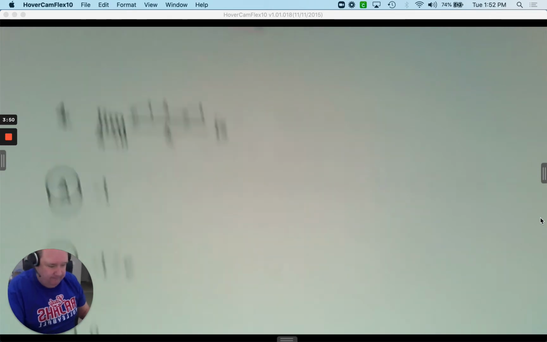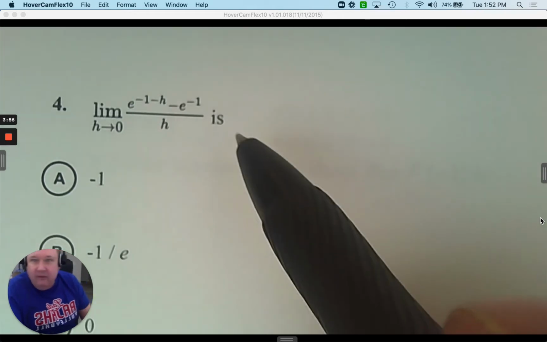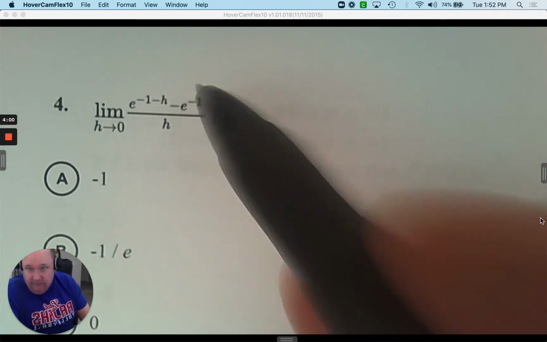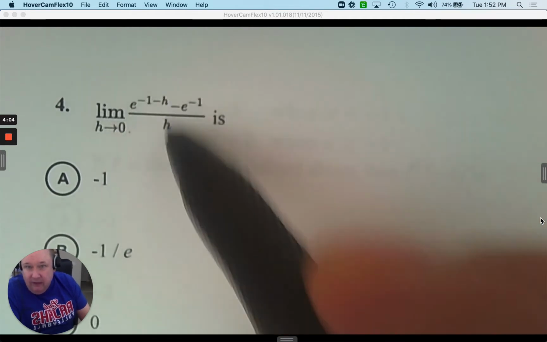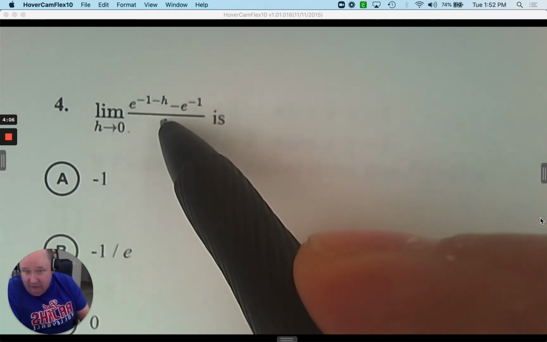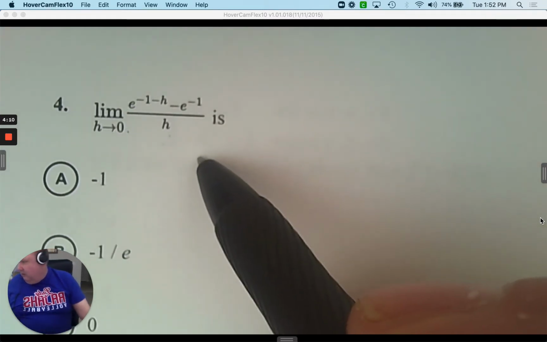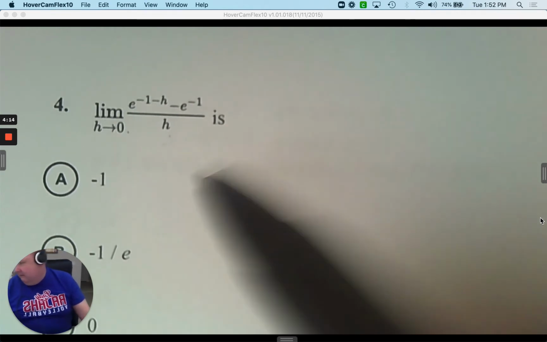Number 4. The limit as h approaches 0. Again, this looks like the setup for a derivative, so be aware of that. So the limit as h approaches 0. Obviously, if I plug 0 in here, you can't evaluate it straight up. So instead,